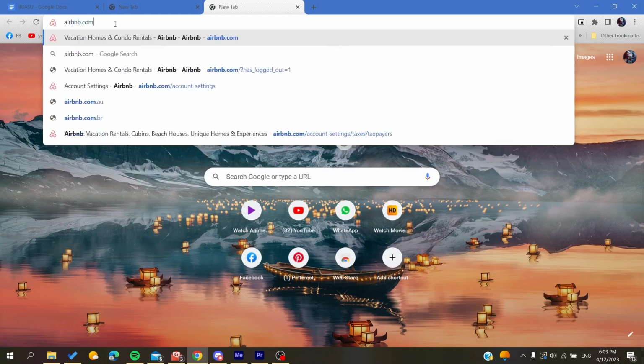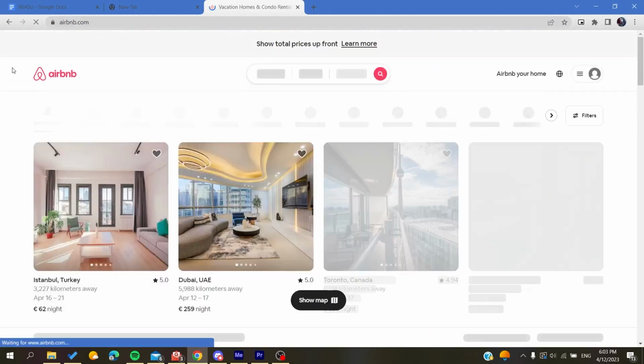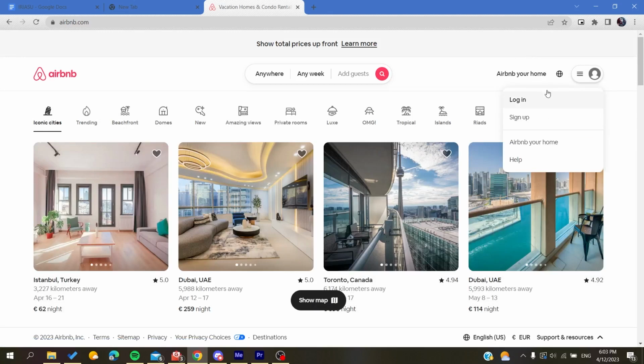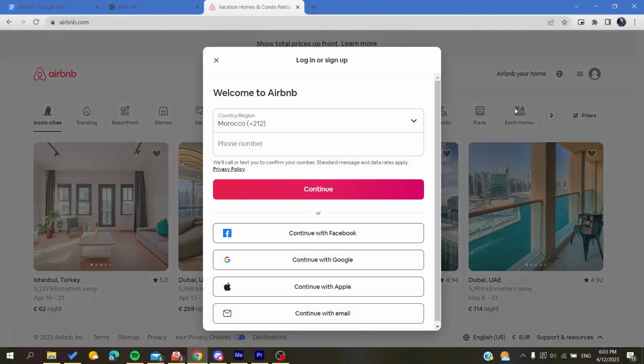airbnb.com. So after you click on it, you will be redirected to the Airbnb website, and then you will need to create an account. So basically you will need just to click on this icon here at the corner. You click on it, and of course you are going to click on sign up, and after that you can